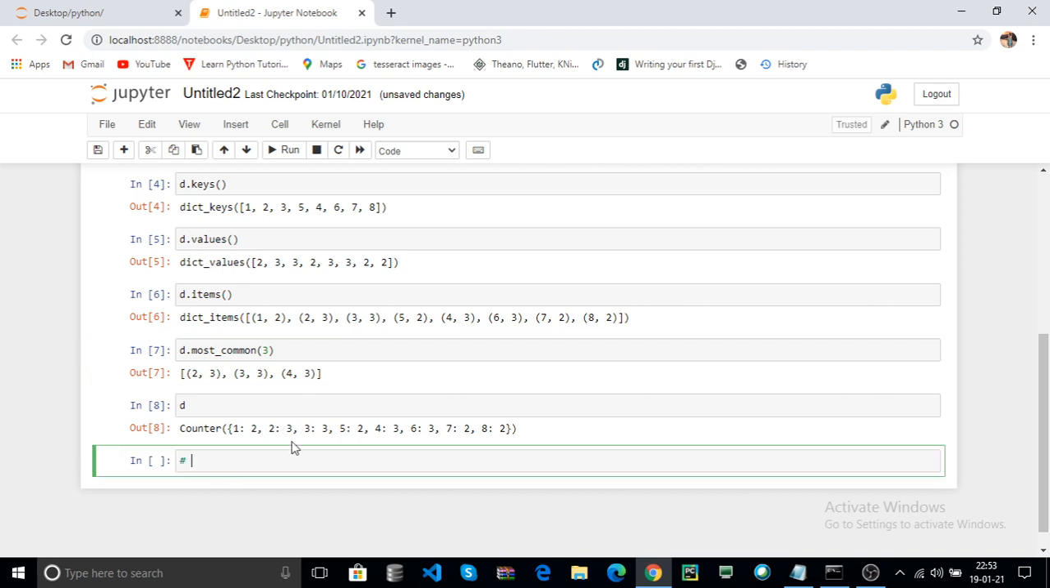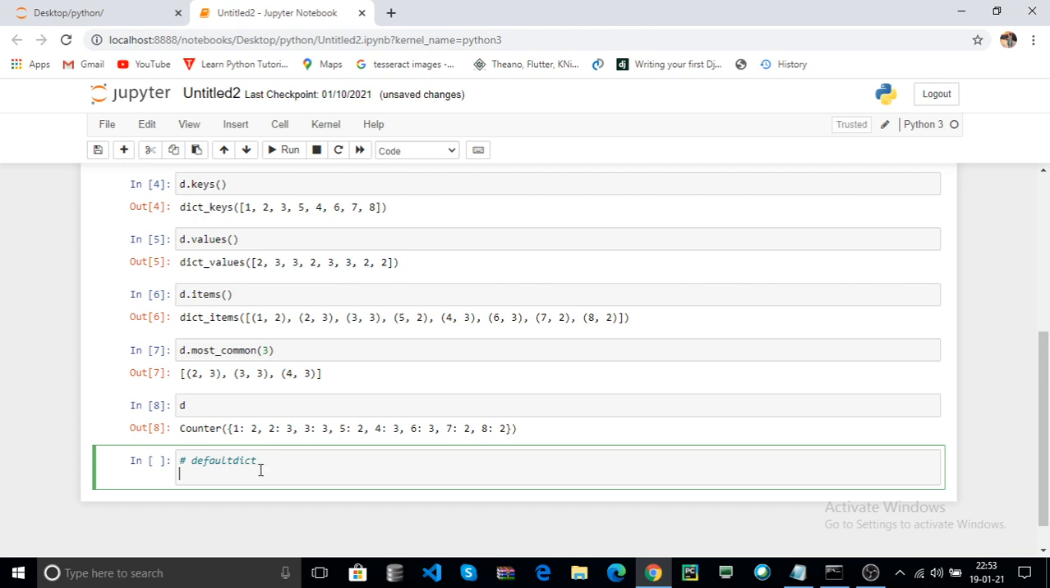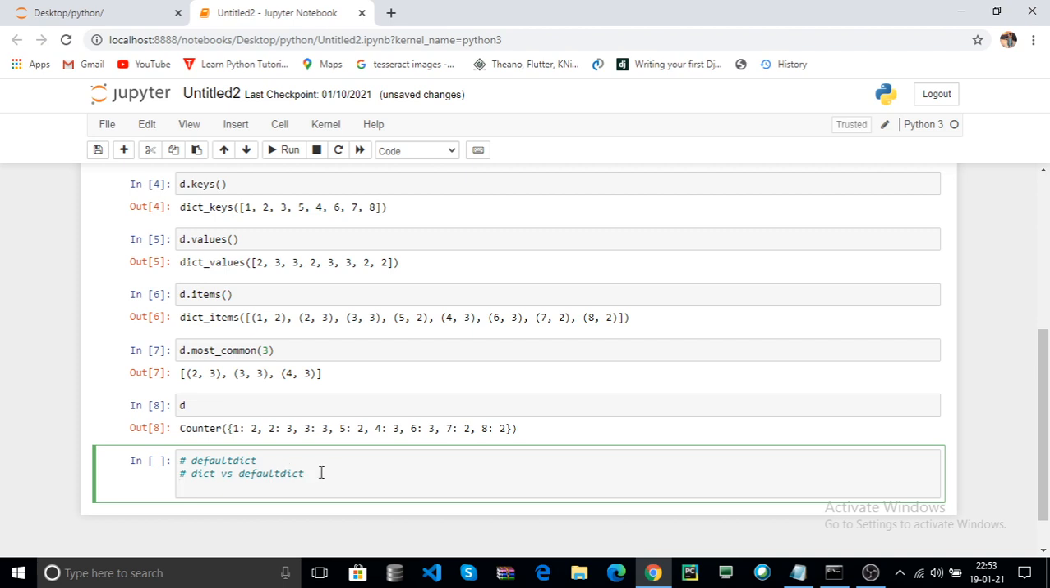And the next function is defaultdict. Now what is the defaultdict? The defaultdict is used to append default values in the dictionary. Now what is the difference between dictionary and defaultdict? Here the dict and defaultdict are the same, but the dict does not support item append